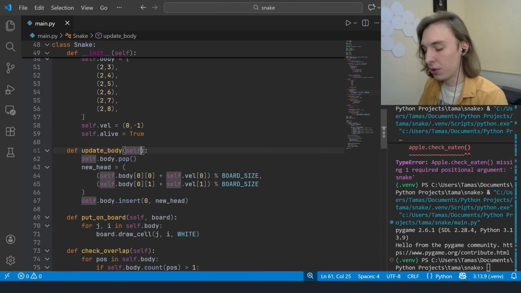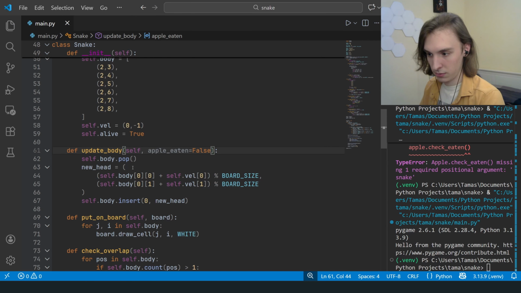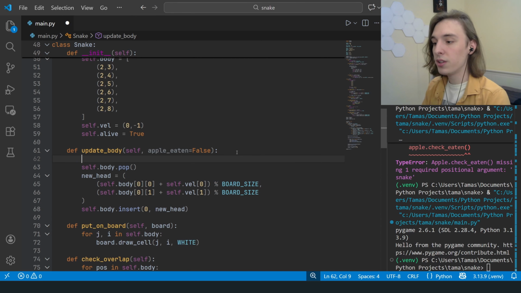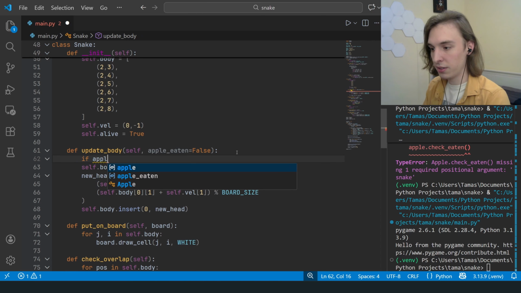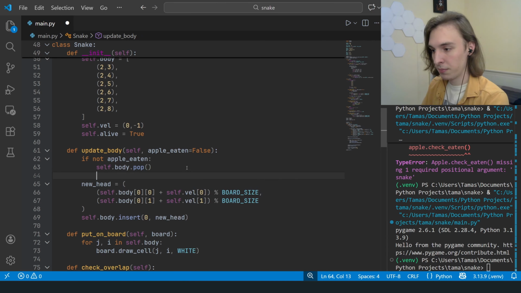So what if we do in here, apple eaten is per default false, and I only delete if not apple eaten, if I haven't eaten an apple, then I delete the last part. And in here for the apple,